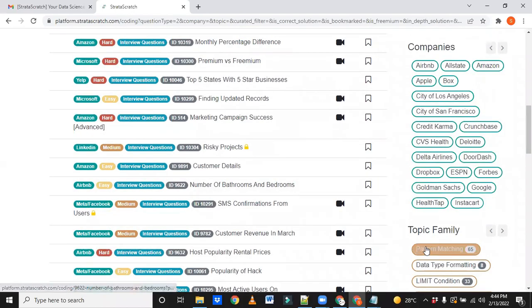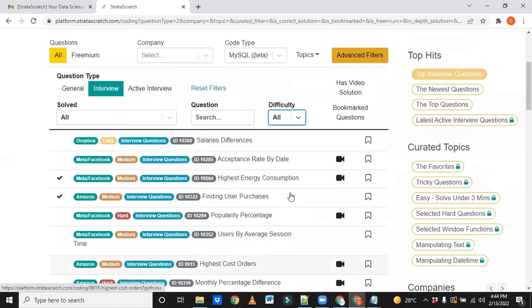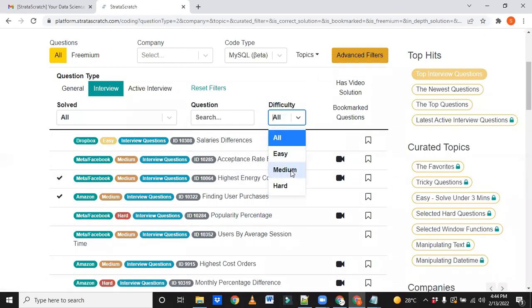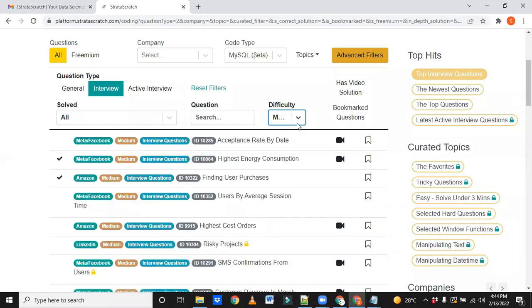As of now, I'm not taking any. Since this is the first class on this site, first we will go with medium. Easy ones, even if you go through them, you can easily solve. We'll try to pick up some medium and hard. In this session, I want to discuss medium. Then going forward, if there are any good examples or use cases under hard, we'll pick those up and practice them.